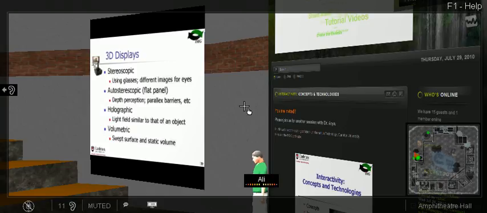And finally, we have real 3D displays, which are basically a huge talk on their own, from simple stereoscopic, which are the most common ways these days that we use glasses for our left eye and the right eye, and that's how we detect